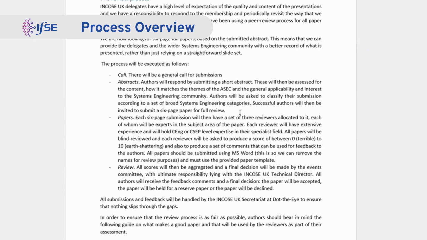I'd like to stress at this point, I personally don't review any of the papers. The only time that I get involved in reviewing is if there's a discrepancy between the reviewers' scores. So, for example, let's imagine 2 of the reviewers score a paper 8 and 1 reviewer scores a paper 3. If there's a discrepancy of more than 3 marks between reviewers, I will then investigate and have a look. I've got options: I can allocate a new reviewer, or in some cases, discount one of the reviews that's come in. So I am personally not involved in any of the reviews as a reviewer, and that's important because I need to be impartial about it.